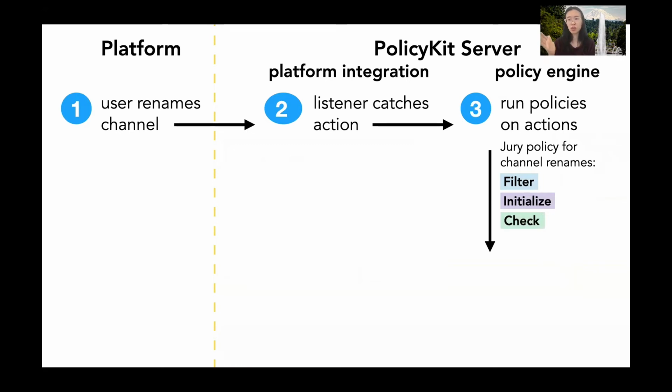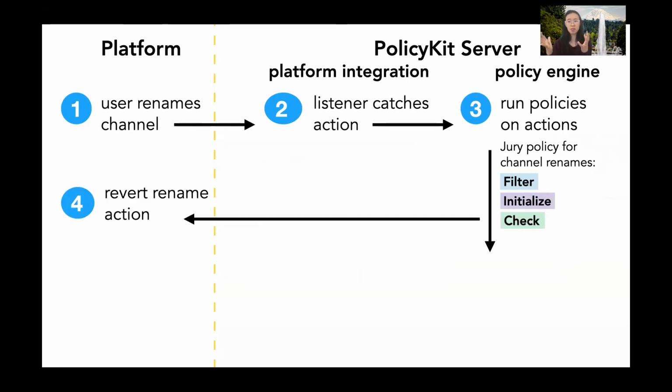And those code blocks lead to certain things happening. So for instance, if I've checked the policy and it turns out that we don't actually know yet whether it can happen because there's got to be this vote, what we do is instantly revert that rename action on Slack. So basically, at a higher level, think about this as the platform having a permissions model. There are specific permissions that are possible and not possible on Slack itself. And in order for PolicyKit, which has a different model of governance that a community has created via these policies, to govern things that are happening on Slack, we have to listen for those things and quickly revert them if it turns out the governance says that they can't happen.